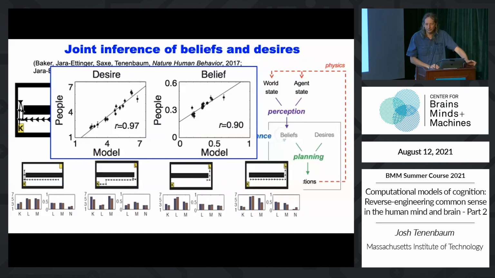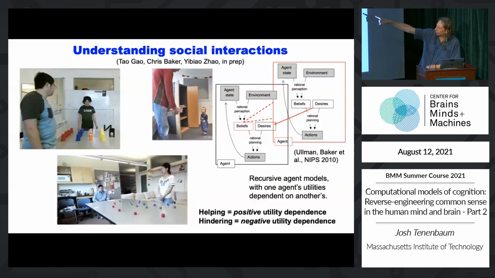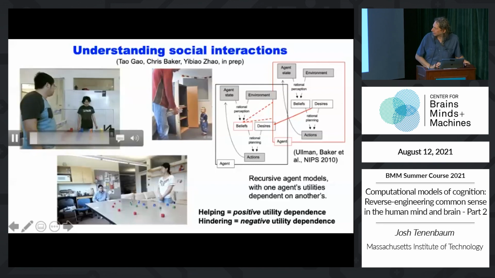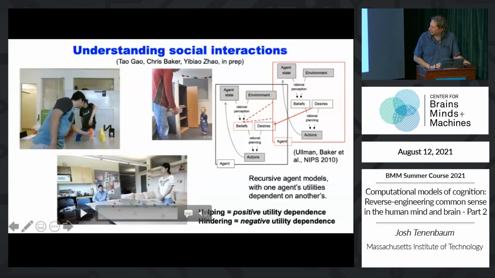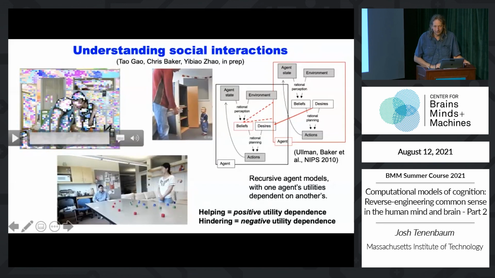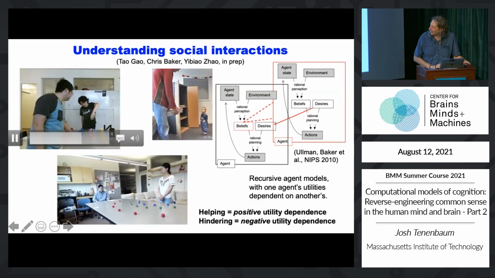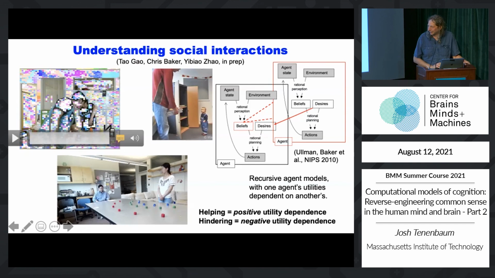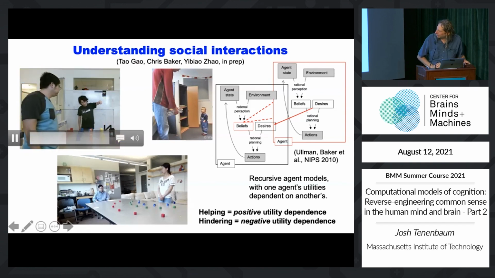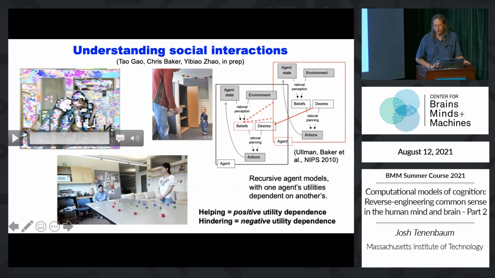Again, if you want to scale this up to something like this, I'm not really going to show you how to do it, but if you want to capture what's going on in that scene, what has to be going on inside his head or in our heads when we watch it, you can take the same tools, but combine them recursively. So if you want to say, what does it mean to be helpful as that kid is being there, or as in this scene where somebody's reaching for something on a tabletop. That's Yibao and Tao. The guy reaching is Yibao. He's the CEO of that self-driving car company I told you about. And Tao, who was also a member of CBMM, is now a professor at UCLA. He's the guy reaching. How do we look at the scene and know that even though Yibao is doing some weird thing like reaching over a piece of glass, he has a certain goal and Tao sees it and tries to help him, as opposed to this scene down here,